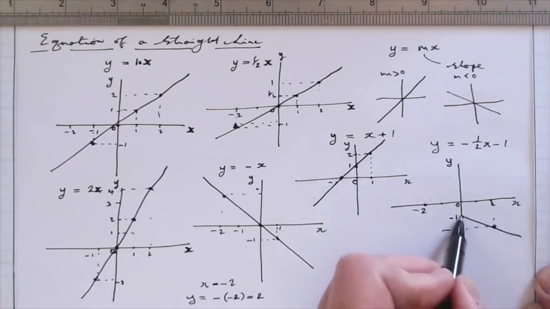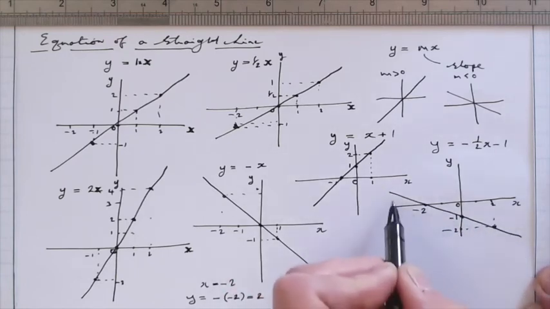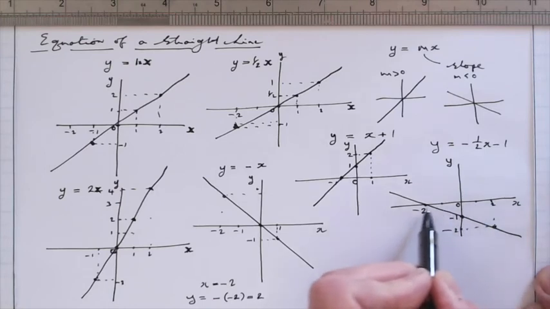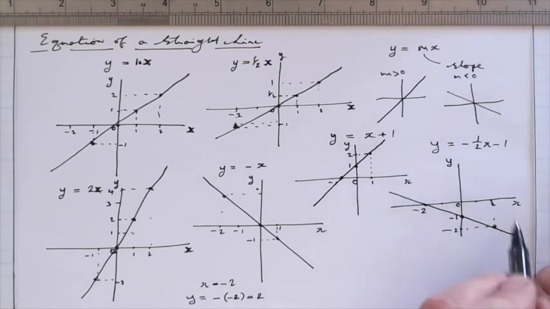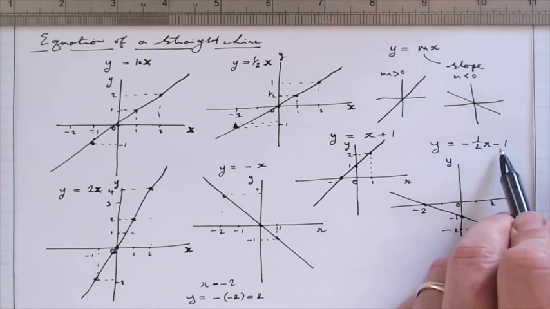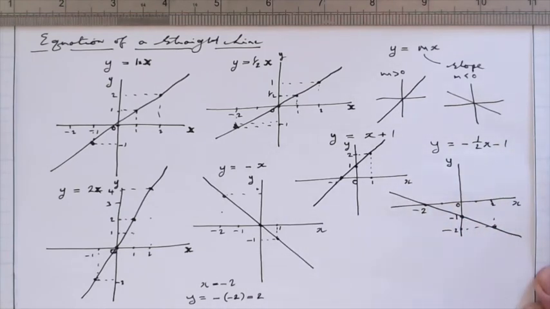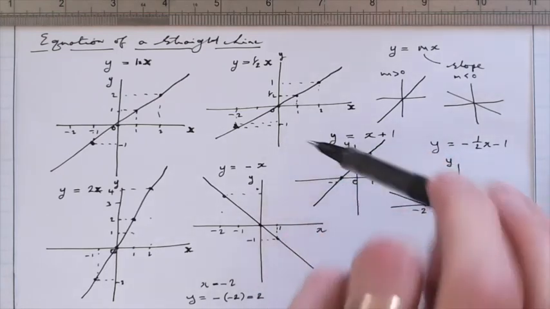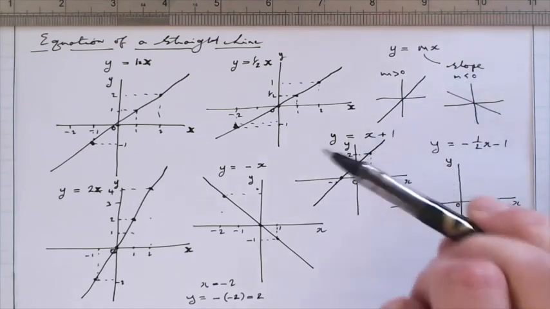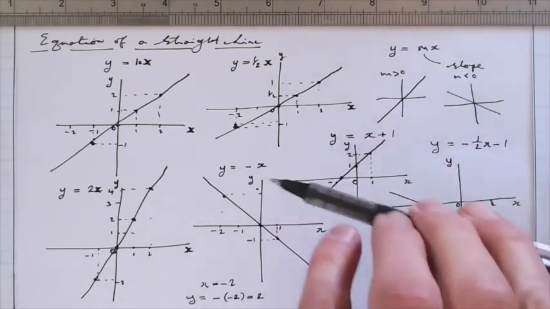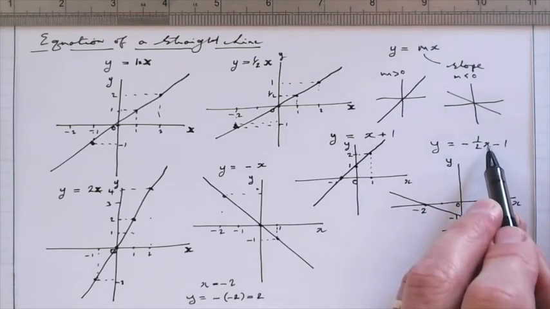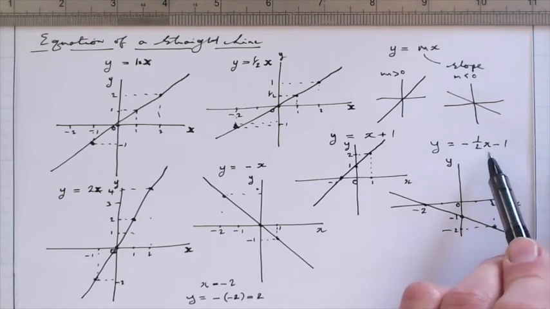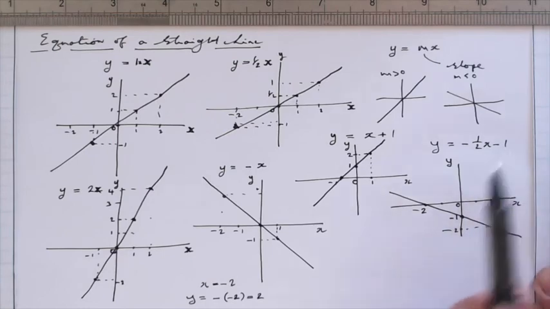We can just sketch all the other infinite number of points that we're not going to do one by one, but the line represents what we would have gotten had we done every single point on the number line. And that's the straight line for the equation y equals negative a half x, take away 1. It has the 2 features that we would expect. It has a shallow slope, which is in this direction, because the slope is negative. So it's going to have a line oriented in this direction, and it's shallow because the number multiplying x is small. And this extra term, negative 1, tells us that when x is 0, y must be negative 1, which indeed